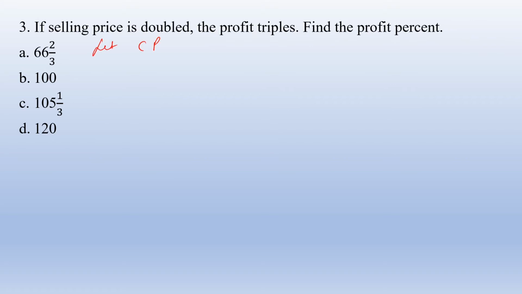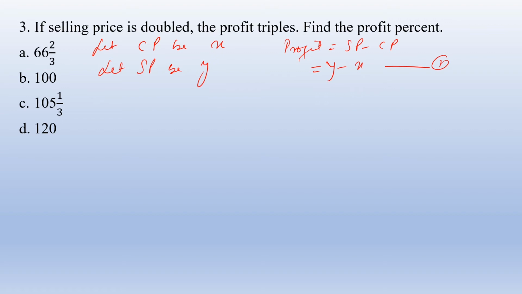So here, let cost price be x, let selling price be y. And we know the formula for profit is equal to selling price minus cost price, which is equal to y minus x. So this will be our first equation. And they said if selling price is double, the profit will be triple. The profit when the selling price